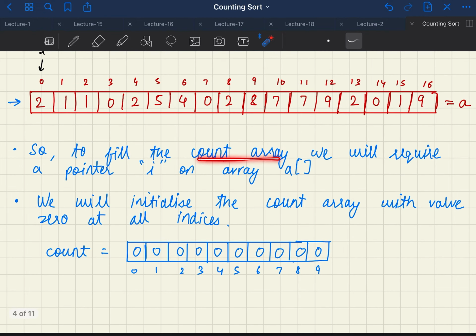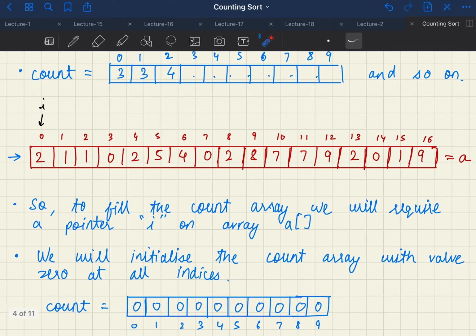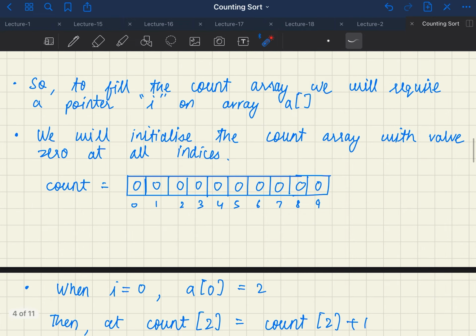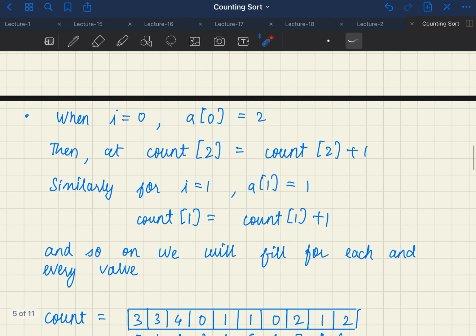To fill this count array, we will require a pointer i on array A, as you can see here, and it will keep on incrementing to update the frequency of numbers. We will initialize this count array with value 0 at all indices. When i is equal to 0 and the element at the 0th position is 2, we increment count of 2 by 1.